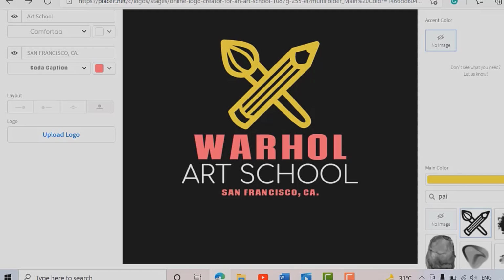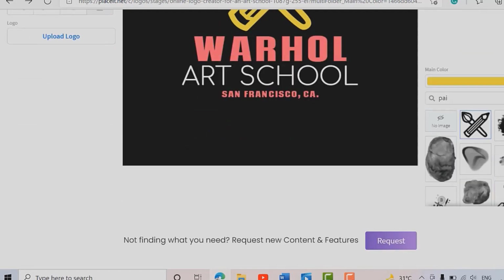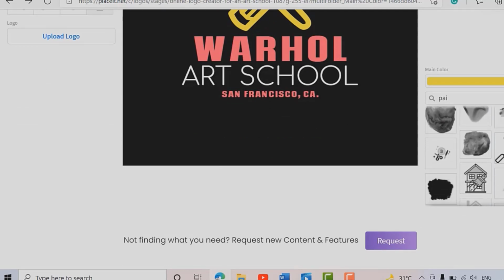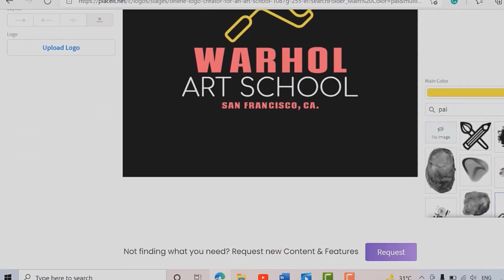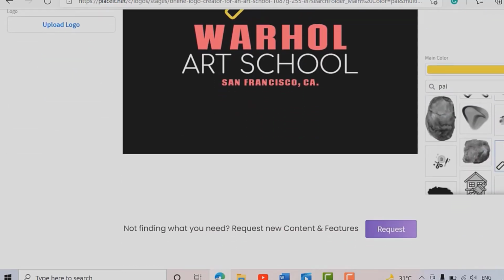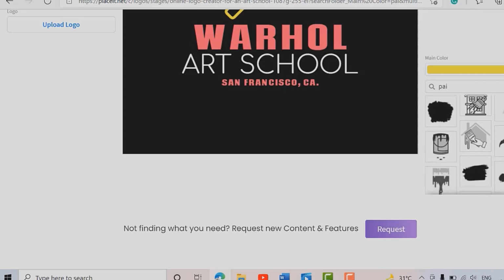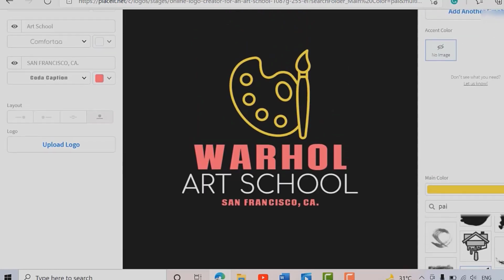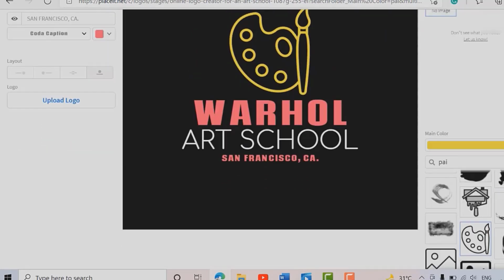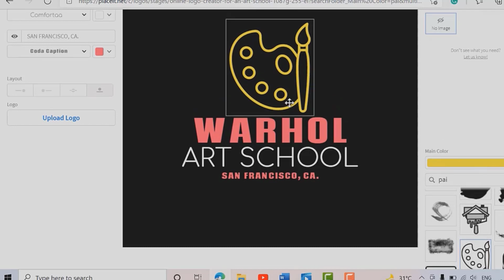Of course, we'll be changing the text as well. Let's see. First, check the imagery available. This is the default, and let's see. This is a paint brush, but this is more for a painting service rather than a designing service. So I would go with something else. Let's see. This one is good as well. Let's see how it appears. Yeah. See, just a simple click on the imagery and the design remains the same, but the image changes.